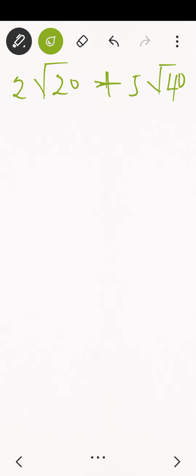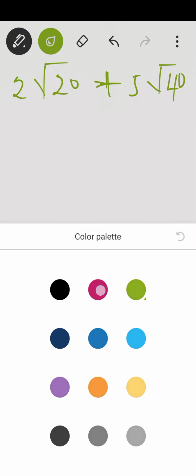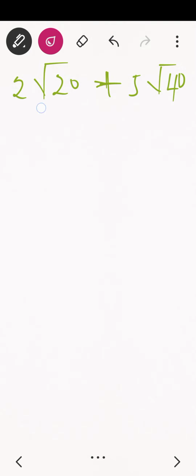Now note that this set, what we have here, is not in its simplest form. So what we do is that we have to simplify them. In order to simplify, we express them in the form that we have already stated. Now note that our 2 is outside here and our root 20 can be expressed in the form